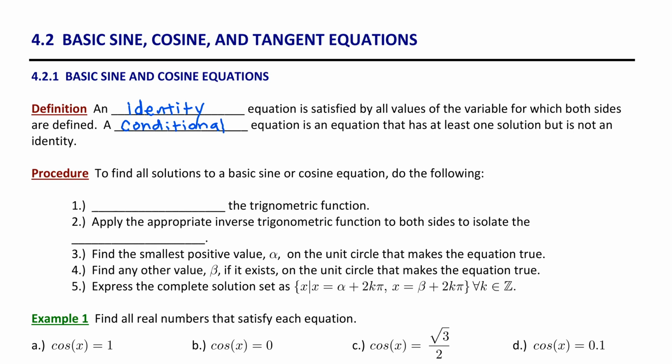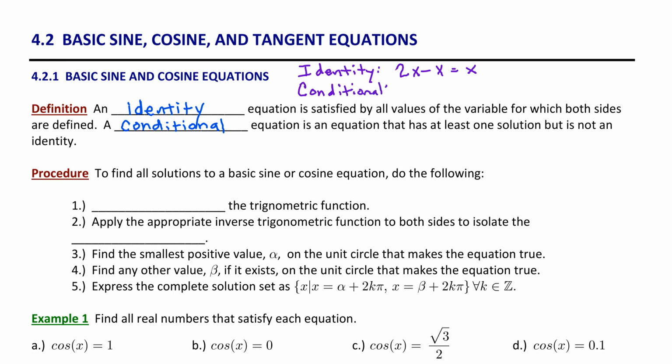Let me clarify the distinction with two algebraic examples. An identity from algebra might look something like this. 2x minus x equals x. Both sides represent the exact same expression, and we would find that every number from negative infinity to infinity would balance that equation. On the other hand, a conditional equation from algebra